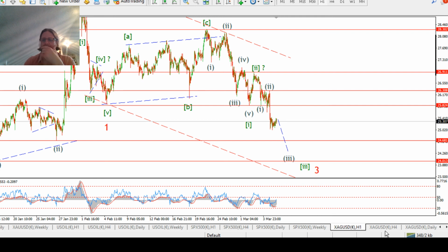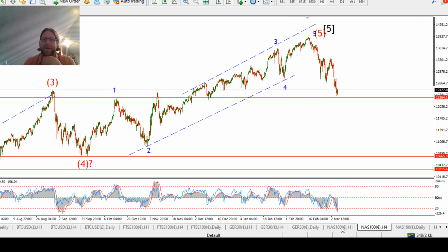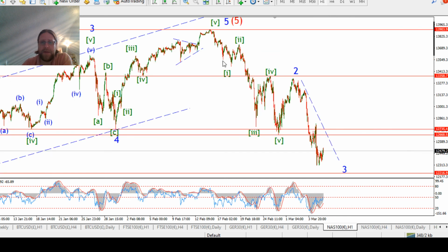I want to push out to the Nasdaq, because the Nasdaq has been the leader of the pack since 2009, and on the downside it seems to be the leader of the pack also. So we may have 1 and 2 heading into a third wave down. You can see